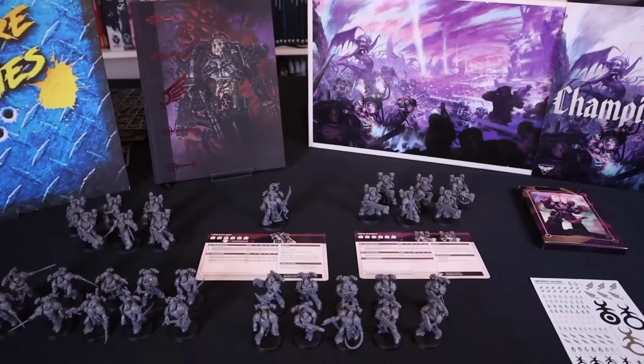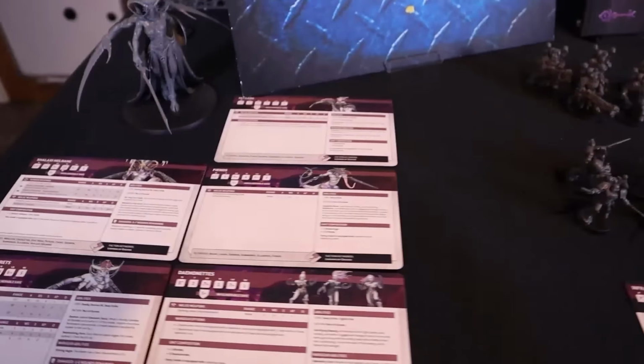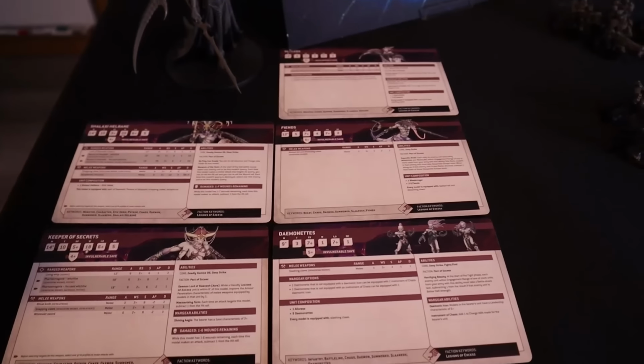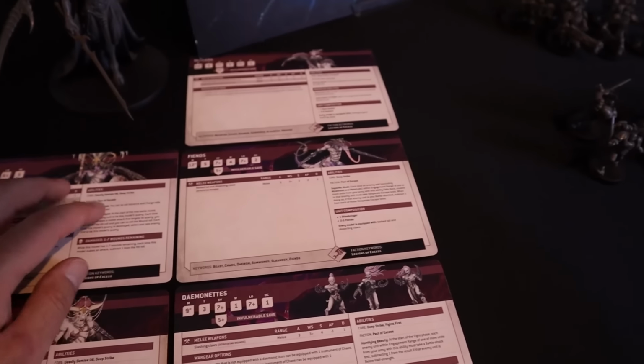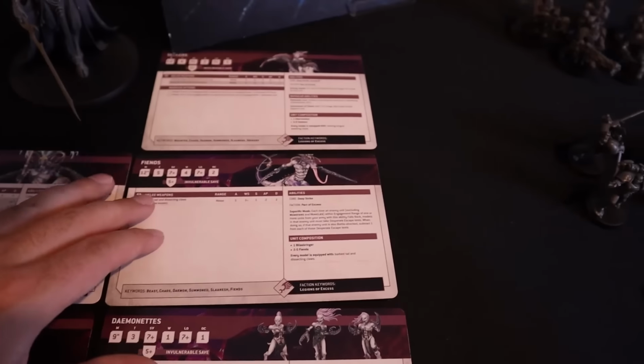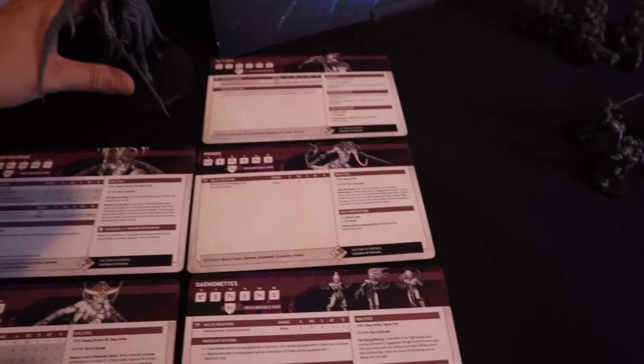So the idea that the Slaanesh demon range has been added into this box set, which has then given you access to these 5 units to take inside of your Emperor's Children army. So you of course get your Keeper of Secrets, Shalaxi Hellbane, the named Keeper of Secrets. She's very important right now fighting the Inari. Demonettes, Fiends and Seekers. So not a gigantic range of miniatures, just 5 extra units, and because I'm so excited